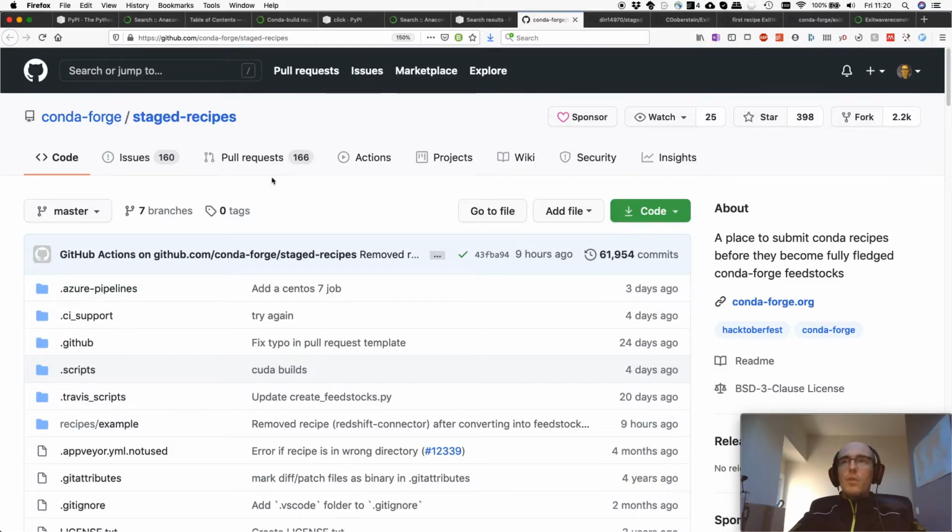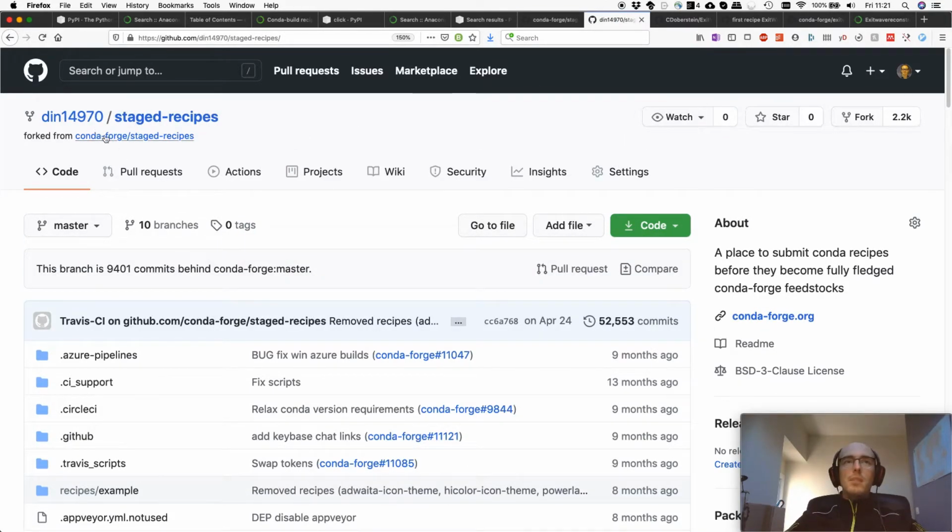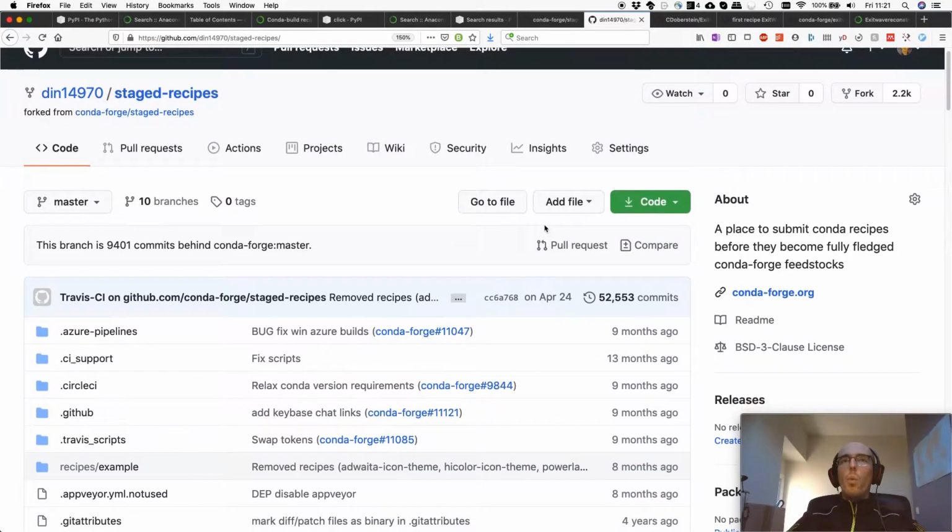So you want to go over here, and the first thing you want to do is fork this recipe. Not this recipe, this repository. And I've already done this, so I have my fork over here. That's me on GitHub. And what you want to do here